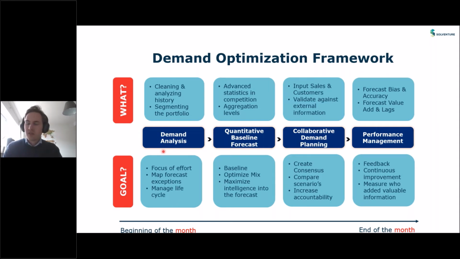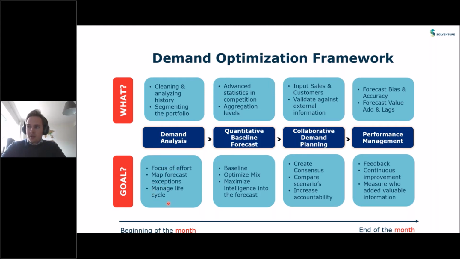And basically this part is about understanding your history and making some analysis before you start forecasting. So as Bram already mentioned, segmenting the portfolio is key. For example, the classical segmentation is about the Pareto analysis, like ABC, and variability analysis. But at the moment, it might also be relevant to have kind of a COVID-19 analysis. For example, identify the products that have a high risk of supply shortages, or identify the products in which demand will be severely impacted. This might help you to create focus as well.